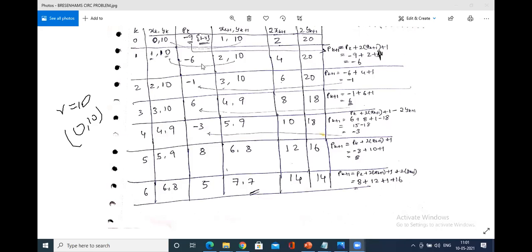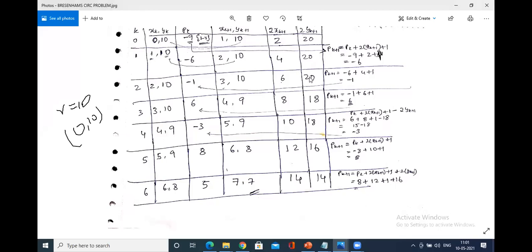The next pk value is calculated based on the old pk value, minus 9. What is the value of pk? Again, it is a negative value. When it is a negative value, what do you do? Since the pk value is negative, again you will retain the same yk as the y intercept, and you simply increment the x interval, that is xk plus 1 plus 1, that is 2. Is it or not? Based on this minus 6, you took the decision. Again, you have to find the new pk value, that is pk plus 1.